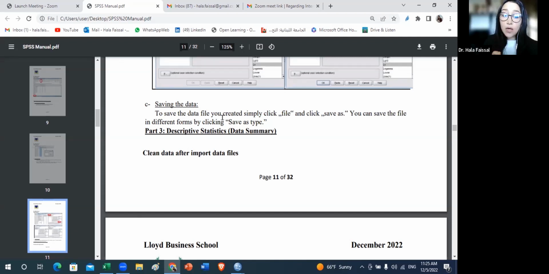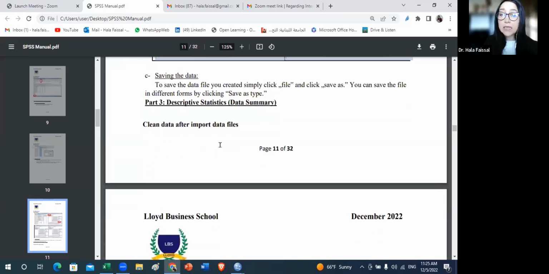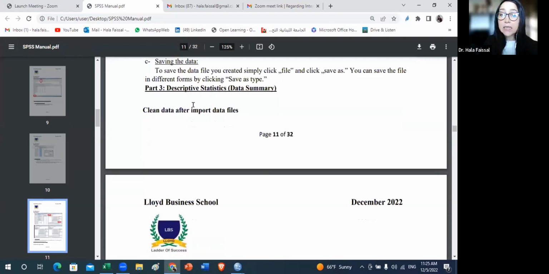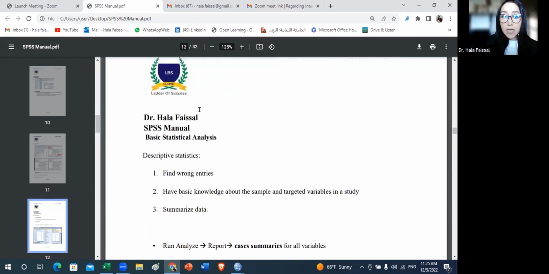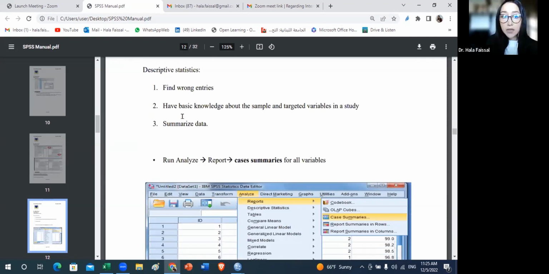Part 3 is the most interesting topic here: descriptive statistics, or the so-called data summary. Here we have 3 things to do. We can clear data after importing data files. Basically, descriptive statistics includes finding wrong entries, gaining basic knowledge about the sample and targeted variables in a study,